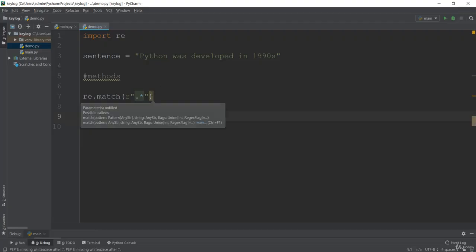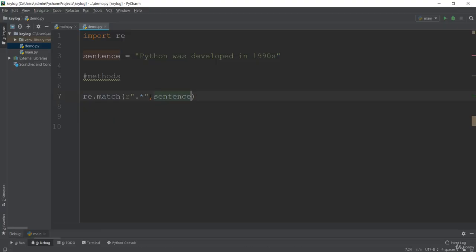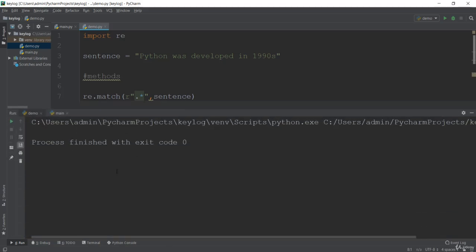The next argument to match would be your sentence, where you want to match this pattern. Obviously we want this pattern matched in this sentence. So let's see if this works or not. Let me run this demo module.